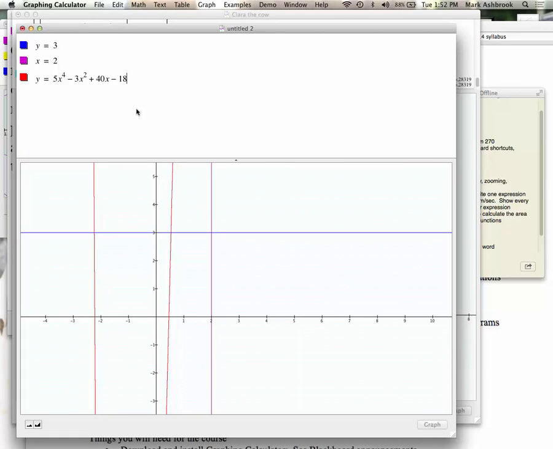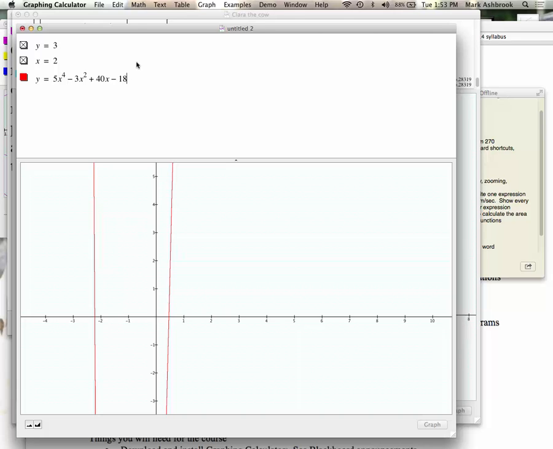You can leave a graphing command line up there and just turn it off with the x. So you can leave it as a command line, but just turn it off on the graph. So let's do that. Turn off our y equals 3 and x equals 2. And so I want a better view of this graph. So what would it take to see this polynomial more effectively?